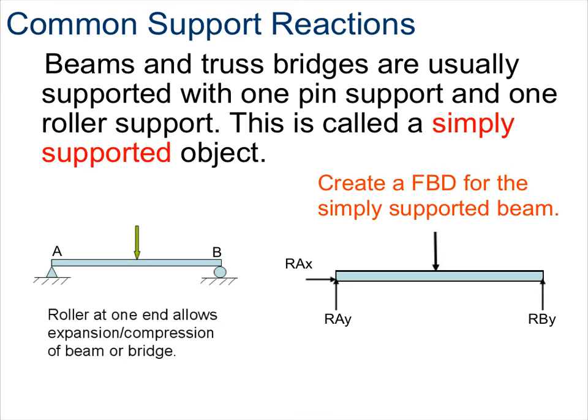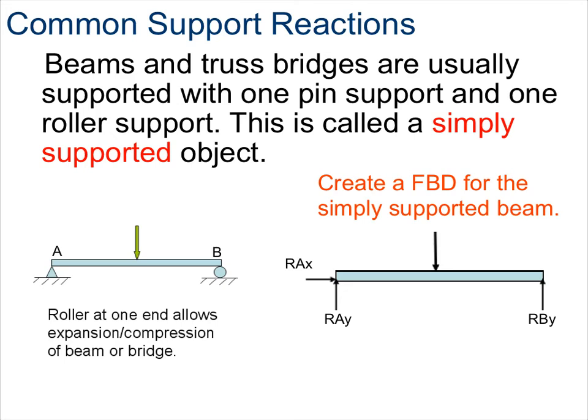So to summarize the last few slides, anytime you see a triangle, that represents a pin support, and that's going to be replaced with two reactionary forces, both in the horizontal and vertical directions. And anytime you see a circle, that represents a roller support, which will always have one reactionary force that is